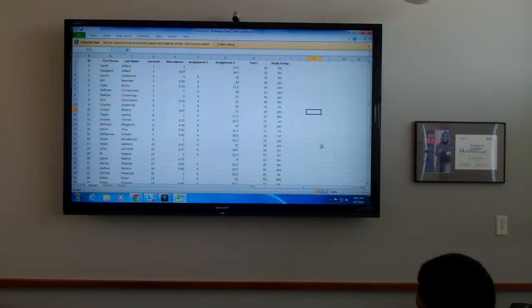This is data from a class. It happens to be based on a stats class. And I have a number of variables here. I have people's first names and last names. I have this surname variable, which just tells me that the first letter of their last name, what letter is